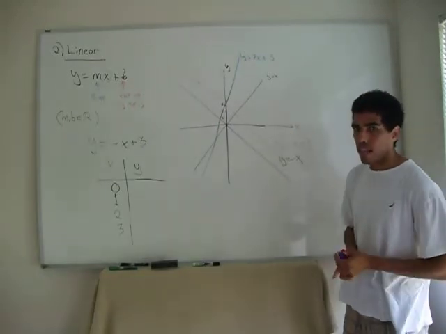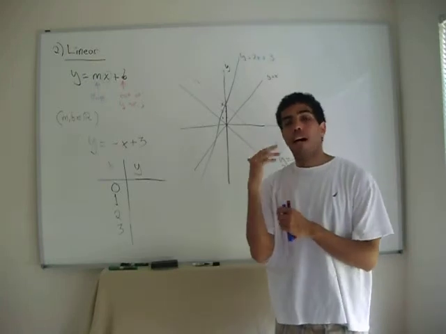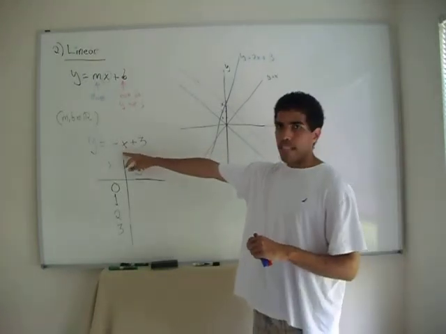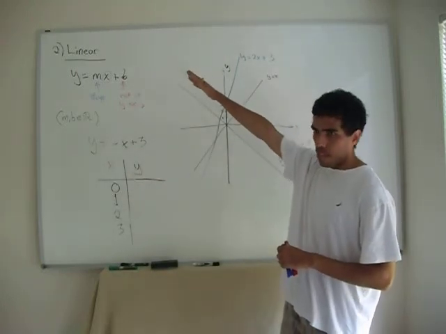Keep in mind the following. The steeper the slope, the higher the value of the slope, the steeper the function is going to be. If the slope is negative, then the function is going to go from the upper left